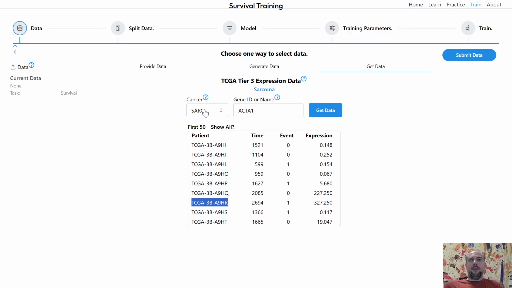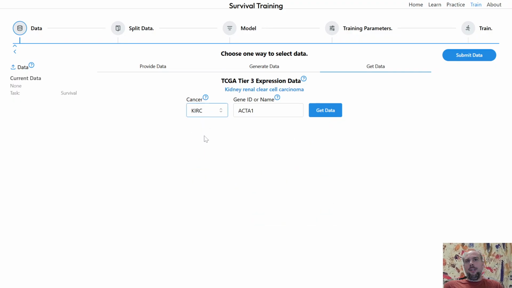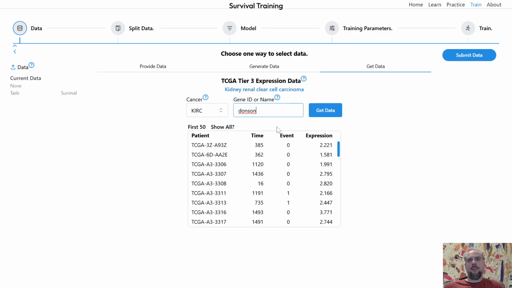But what we're going to do is look at a gene I'm familiar with. I've run Cox regressions on all this data in the past, so I know which genes have the strongest Cox regression values. And since the Cox regression values were so strong, I'm assuming the relationship is linear. So I would assume that the relationship in this cancer for this gene is linear. But of course, we don't know for sure because this is real data. We don't know the actual